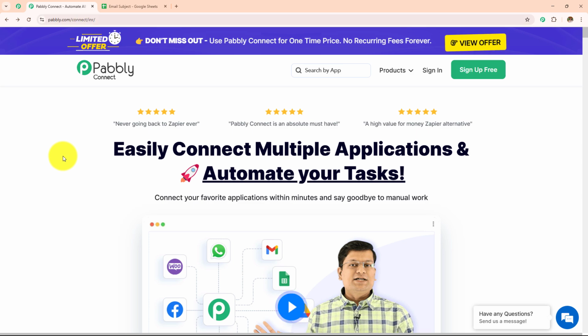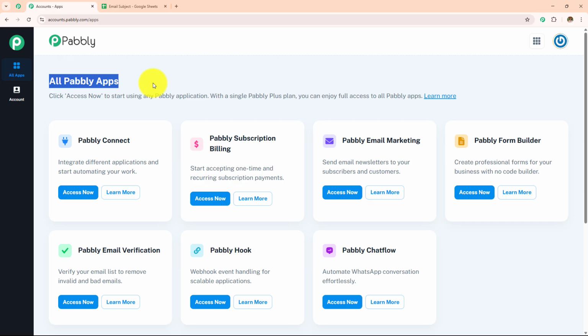Now, after browsing this website, we need to sign in to our Pabbly account. On the top right corner, you can see 2 options, sign in and sign up for free. If you are an existing user, click on sign in, and if you are a new user, click on sign up for free, and this will give you 100 tasks free on a monthly basis. As I'm an existing user, I'll click on sign in, and here the all Pabbly apps page has appeared, which